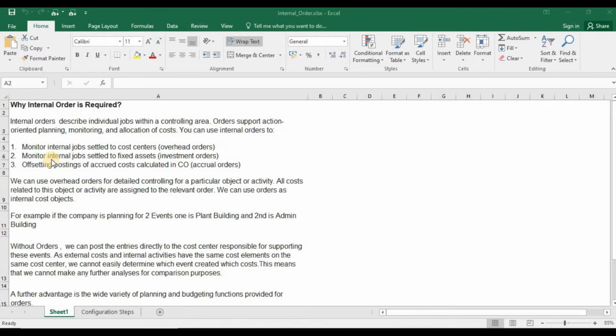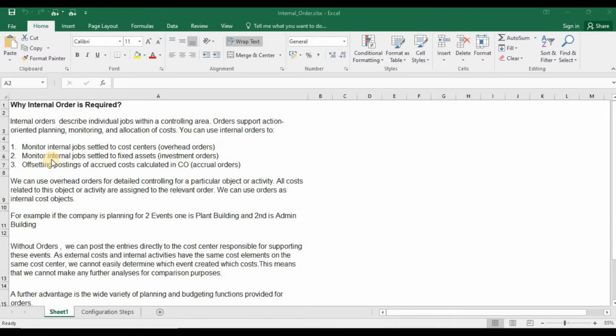Suppose the company is planning to establish in some city, and they have to create a plant building, and second is admin building, and they also want to track all the activities related to plant building and the admin building.